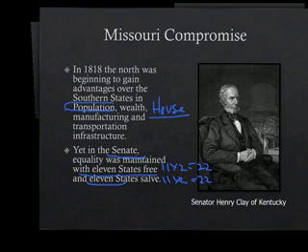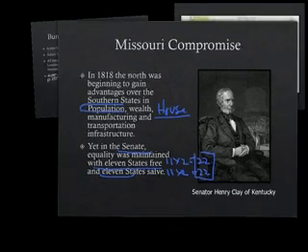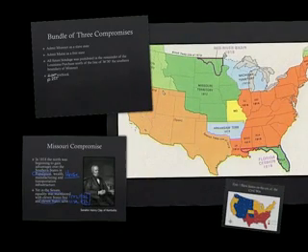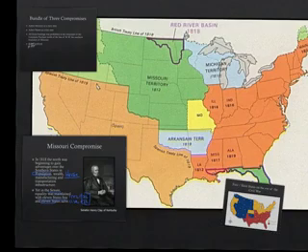When any kind of legislation was proposed that was advantageous to the North or advantageous to the South, it was deadlocked in the Senate, 22 to 22. Even though the North was gaining advantages because of their population in the House, the Senate could prevent any legislative advantages. Now that's key, because as Missouri is being considered as a new state, it's going to be significant if